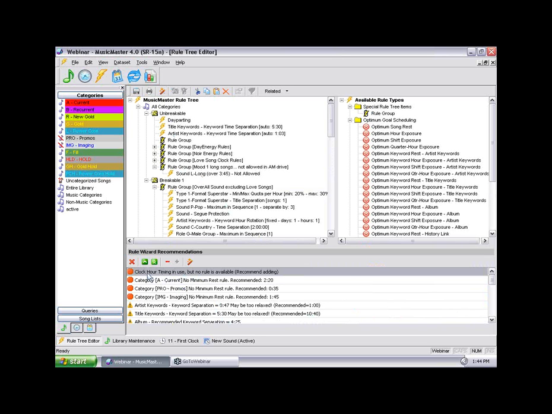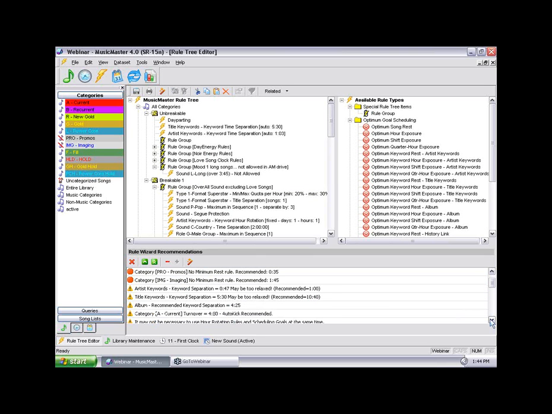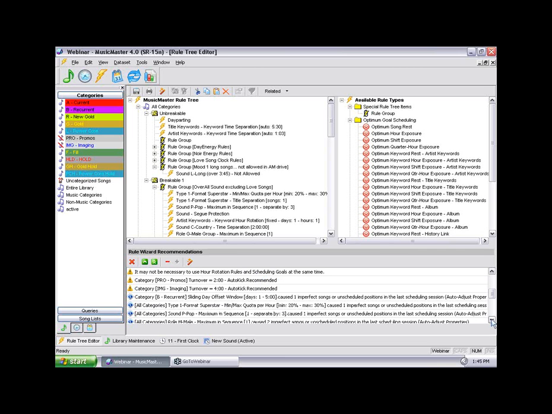It's telling me I've got clock hour timing. I put that in the rule tree only for fun, to show you. But it's telling me what I've done. Title, keyword, time separation, too relaxed, too relaxed. You can go a little further. It's telling me that my currents might need an auto kick, which they don't because I know exactly how they're laying down. You don't have to pay attention to the rule wizard. It's just going to tell you